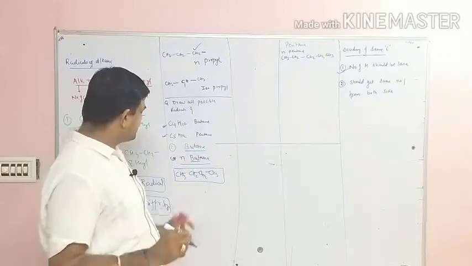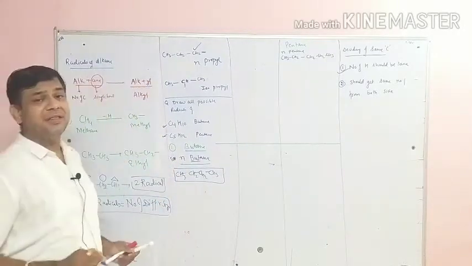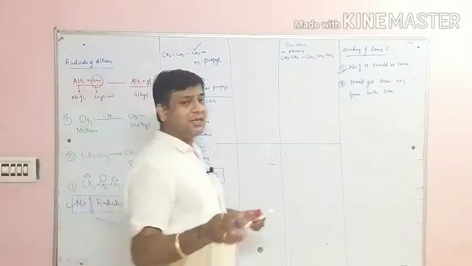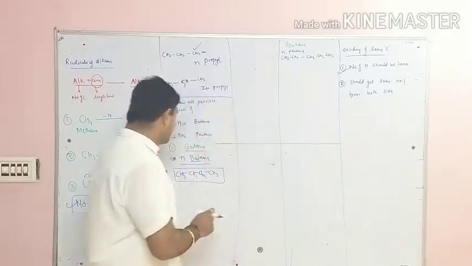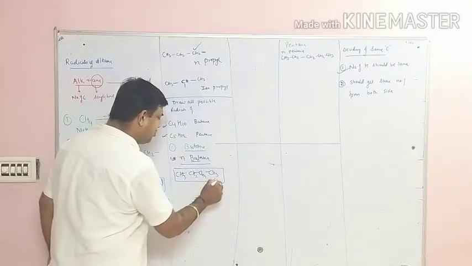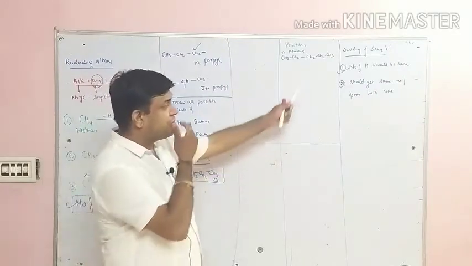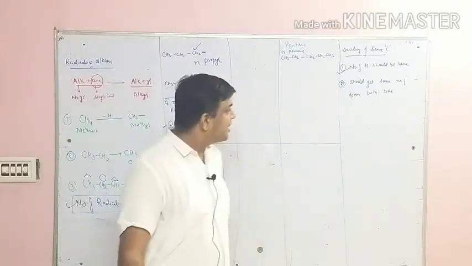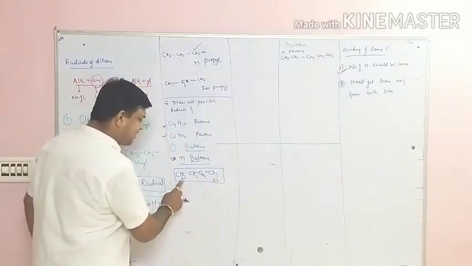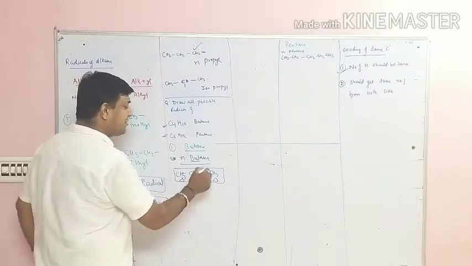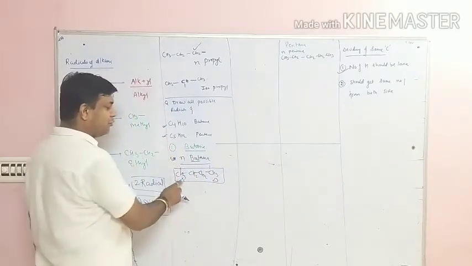Now the question arises, what do we have to do? We have to make the radicals of this compound. The first thing is to make sure which carbons are the same and which are different. If I compare this and this, both of them are the same. Why? What is the condition? Number of hydrogen should be the same, as well as they should get the same number from both sides. Here the number of hydrogen is the same and they are getting the same number, 1 and 1, from both sides. That's the reason why both of them are the same.